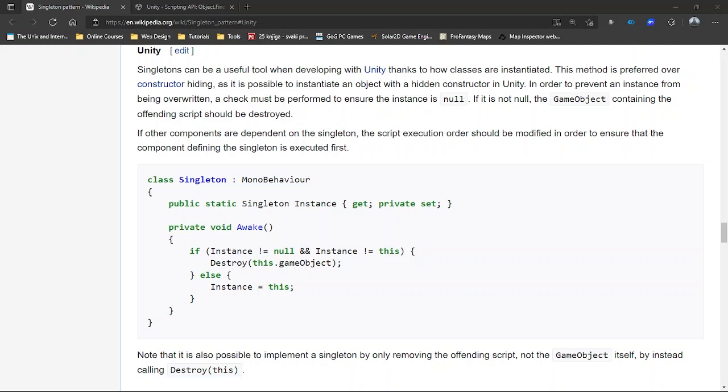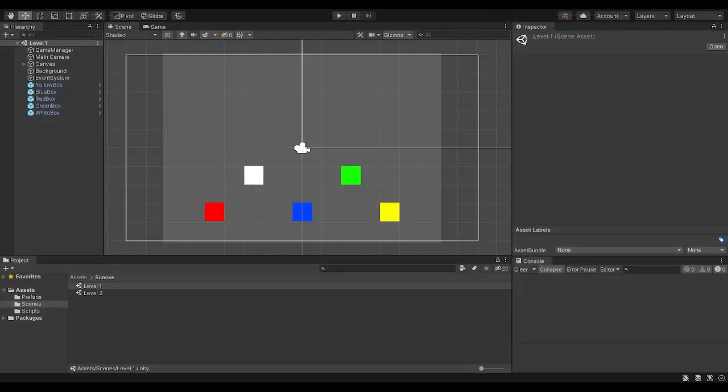We have a public static singleton instance, which we can access from other sources, from other game objects, from other scripts. Okay. Now, if we go back to Unity for a second, let's say the script, the code you just saw on Wikipedia, is attached to the green box.